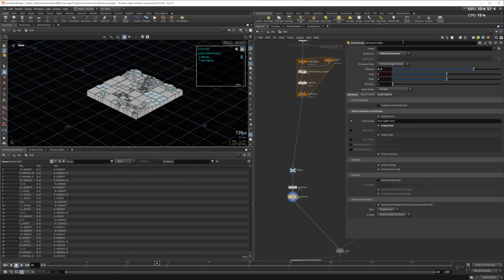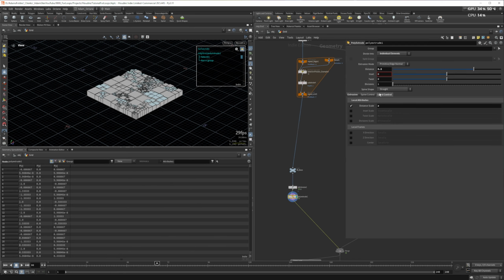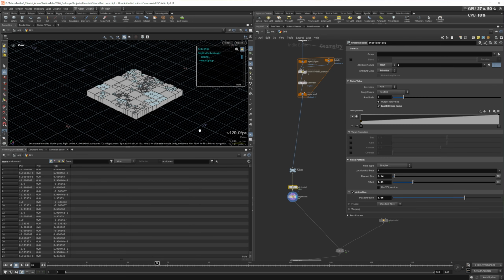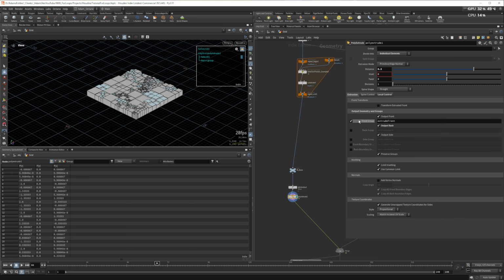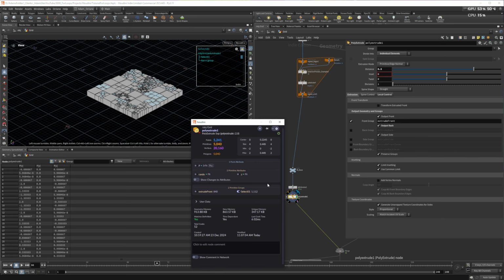And if I come to the extrude node, I've just extruded it a bit, and using the local control, using the distance scale thing here on Z, which is the attribute I created, I'm able to use this noise to drive the extrude. I've also outputted a group for the front, which if I just show you that group now,